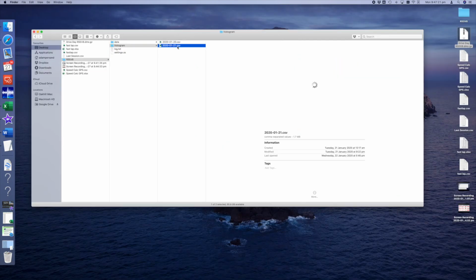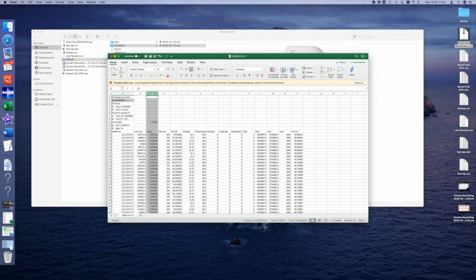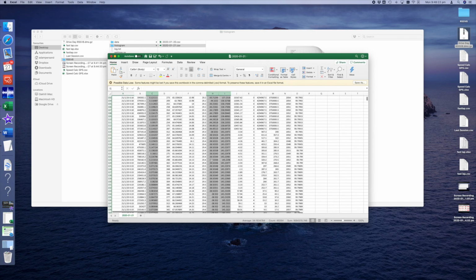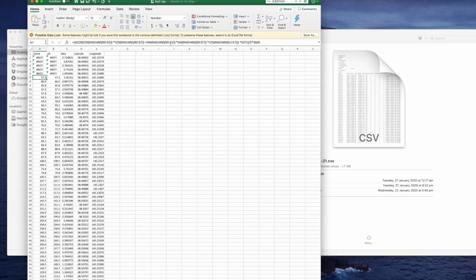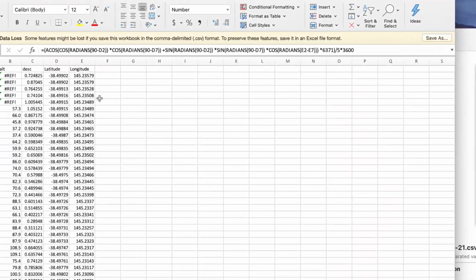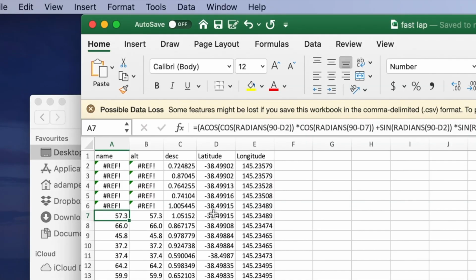So let's look at the CSV file, so the histogram file. So the seismic recorder records the peak G and latitude and longitude along with a whole bunch of other parameters. And so if we snip those out and put them into a separate Excel spreadsheet and put in a formula that calculates the speed by taking the lat and long of 2 points